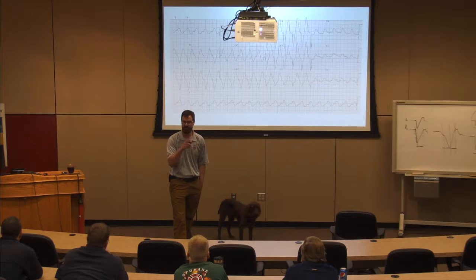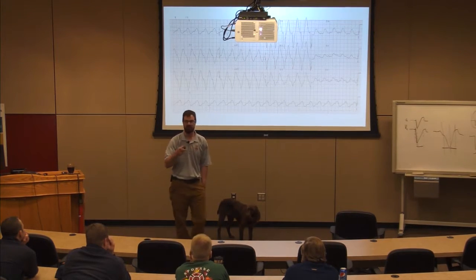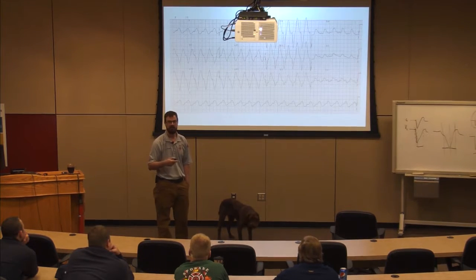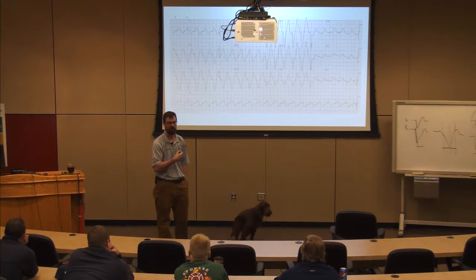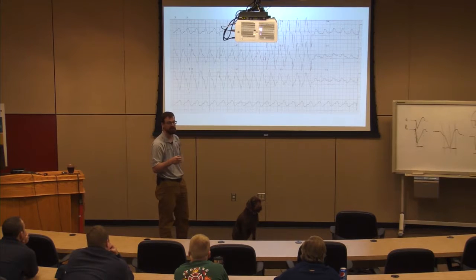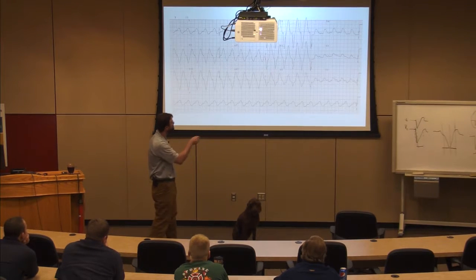Because they'll look fast and wide, really fast like VTAC, and wide like VTAC. It has to do with that intrinsicoid deflection. We can use that intrinsicoid deflection to help distinguish between the two. Classic VTAC, if it's from the right ventricle, will mimic left bundle branch block, and you'll see notching in the downslope in your precordial leads. So notching in the downslope will definitely be a hint towards VTAC, but over here, not so much. So this doesn't really fit VTAC.